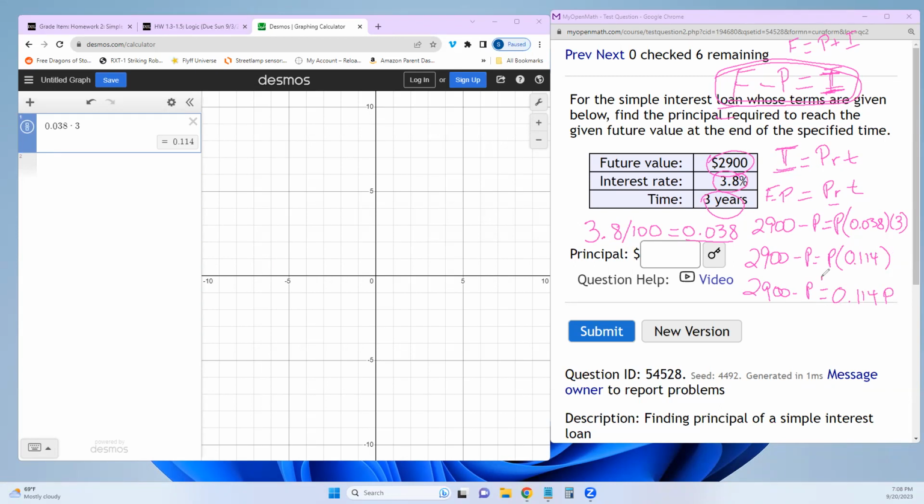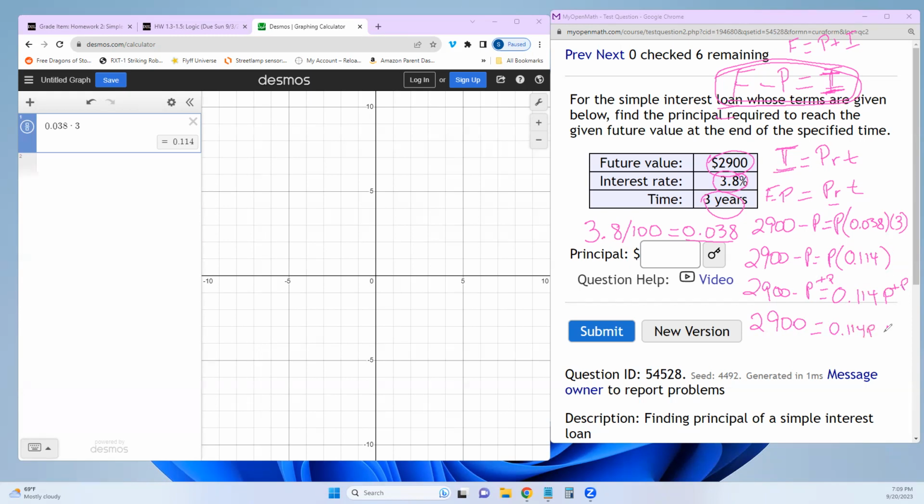I'm going to add p to both sides. The reason I'm adding is we want opposite operations. This is a subtraction, so I'm going to add it. Anything when you add a negative to it is 0. So negative p plus p is 0. Negative 10 plus 10 is 0. Negative 2 plus 2 is 0. And so that's going to make this go away. So we just get 2,900 by itself, and then we get